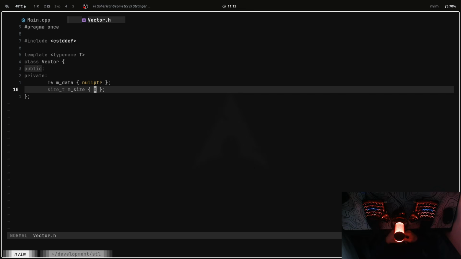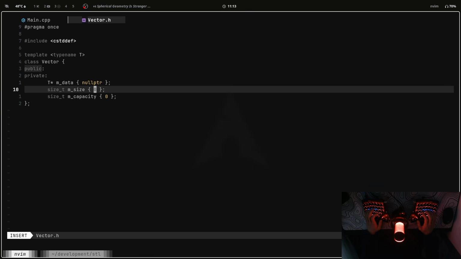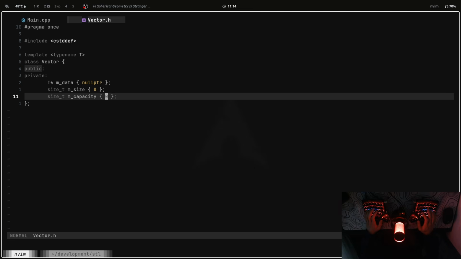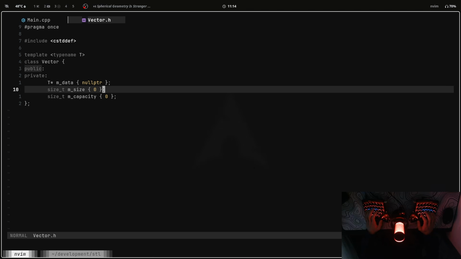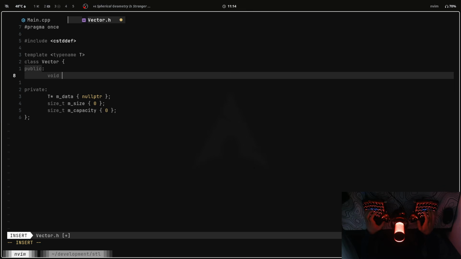So what we could do is we could say, okay, we have another field called the capacity, and this capacity is telling us how much room we've pre-allocated. So say we add an element and the size grows from 1 to 2, and we know that, I don't know, the user will probably add more elements. Let's already allocate room for 10 elements in the heap, so we won't have to do that reallocation for another 8 elements. So yeah, let's start implementing this push_back method, which will take